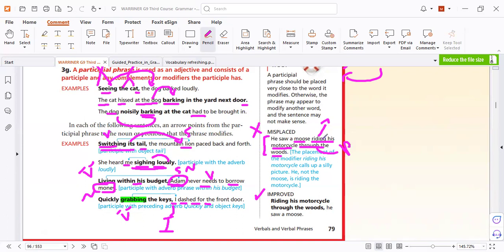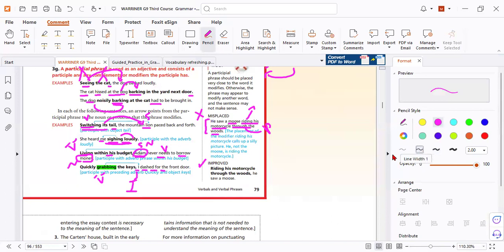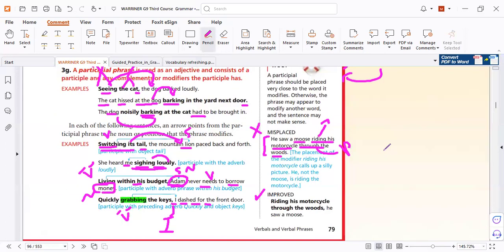Let me help you. He was riding a motorcycle through the woods. What can you see in the woods? Plants, leaves, animals. And he saw a moose. So a moose is not human. Yeah, a moose is not a human. Human is perfect; a human can ride. He said "his", so a non-human can use "his". That means this phrase is in the wrong place in the sentence. So it is wrong.